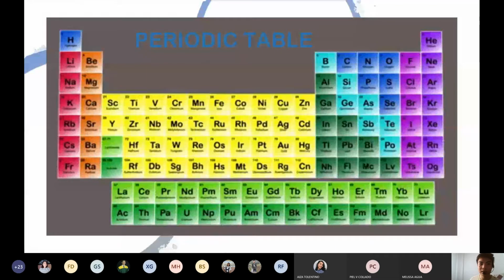Yung air, hindi nila nakikita, pero nararamdaman nila. So, yun, sabi nila, anything that is felt, pero hindi natin nakikita, gawa daw sila sa air. Yung fire, fire daw siya. Okay. So, yun yung idea nila, no? But then again, as science progressed into a very much different form of study, different field of knowledge from